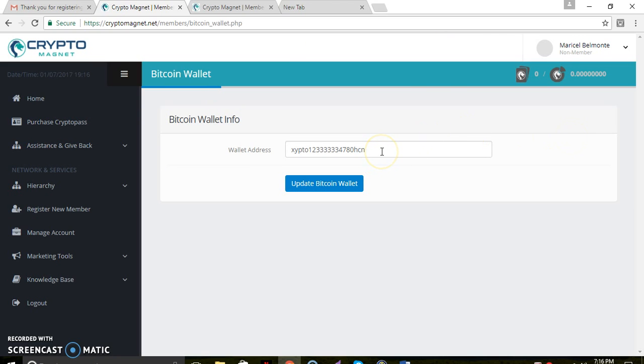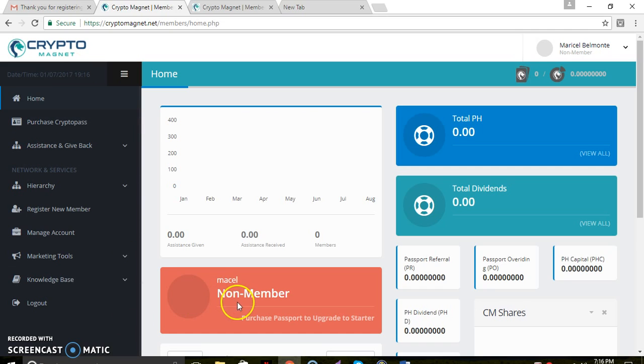As I said, we already inputted the Bitcoin wallet address during the registration process, so you can change this anytime and then click this update button. When you want to upgrade to a new member, you must first purchase CryptoPass.